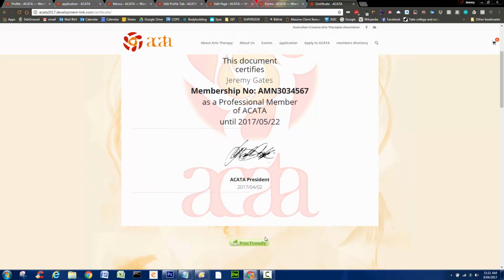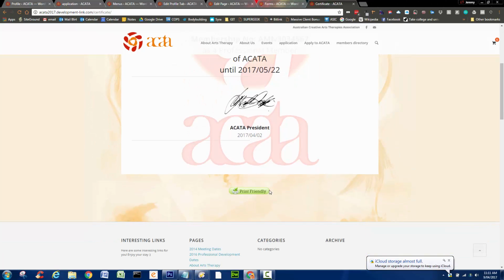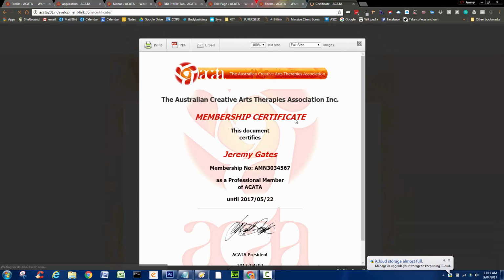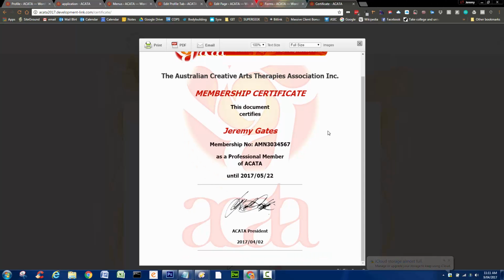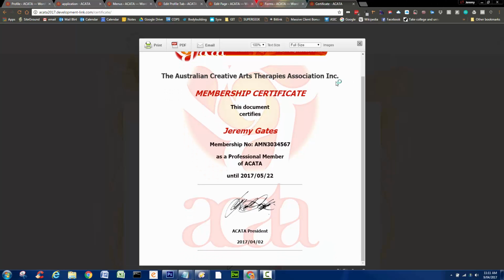Importantly, this certificate is for show here, but when you print the print-friendly version, it's a little bit more graphic, and this is a PDF. They download that as a PDF or send it directly to their printer. Okay. So now I'll just show you where to change these details,